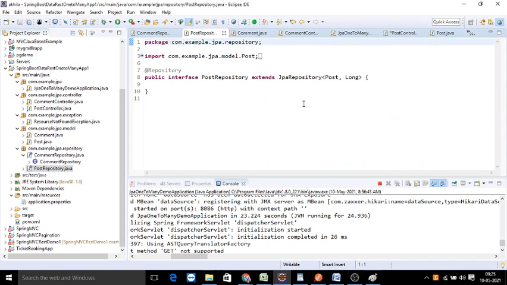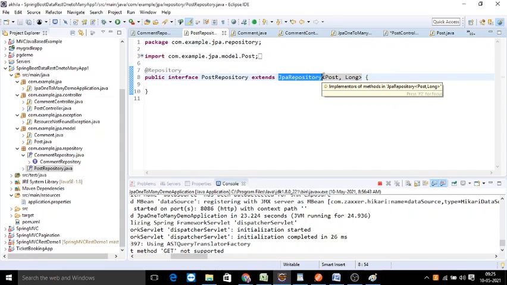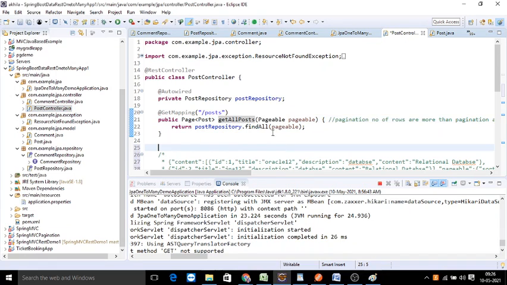What is this pageable? Pageable is a predefined implementation for your JPA repository. If your comments and posts have millions of records in the database, to provide pagination and a sorting feature, this pageable is a predefined interface which can be used along with your JPA repository. Pageable is nothing but iterable, the data you are getting from the backend. In this case, a list of your post details, it is going to get that and return the list of post details.